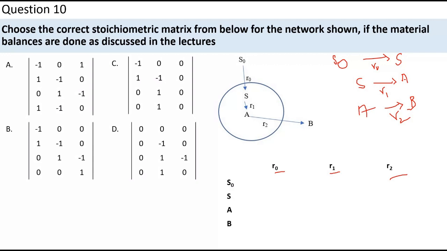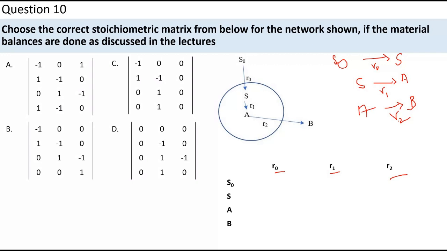pathway that has been given to us. Here S0, S, A and B are the metabolites. So first we will see S0 with respect to R0. In what way is R0, the rate of the reaction, related to S0? S0 is the reactant. So whenever it's on the reactant side, -1 has to be given, and S0 is nowhere related to R1